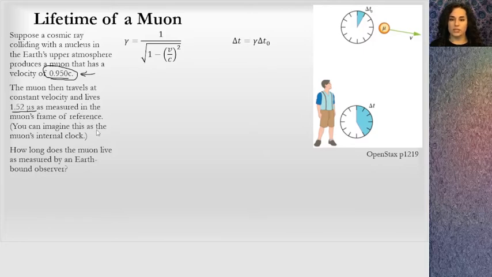You can imagine this as the muon's internal clock. So the proper time in the muon's reference frame is 1.52 microseconds. It says, how long does the muon live as measured by an earthbound observer? So the person is looking at the muon, and we want to know what this